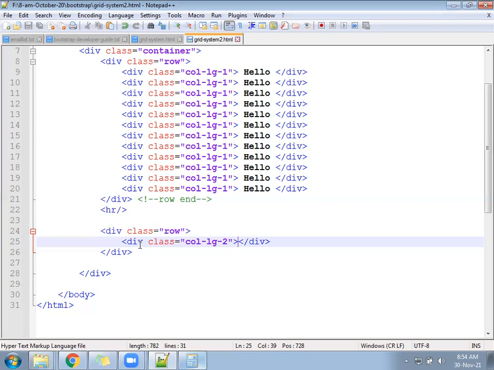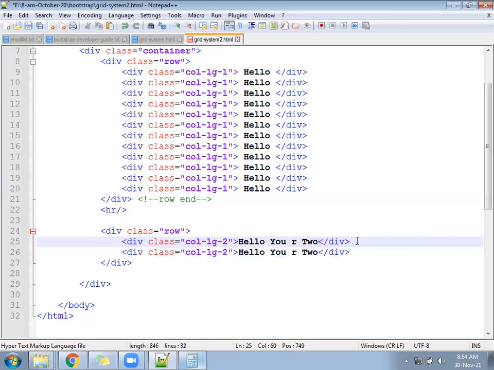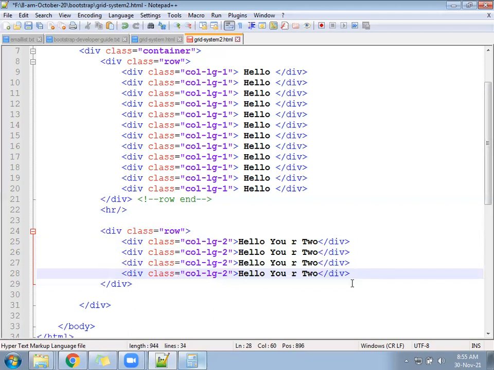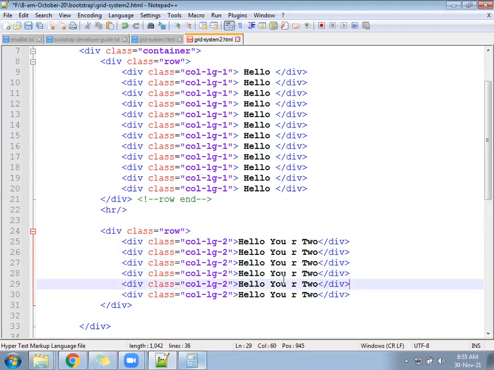So let's write col-lg-2. 2 plus 2 is 4, plus 2 is 6, plus 2 is 8, plus 2 is 10, plus 2 is 12. So how many columns will generate? 6 columns will generate. Check once. Are 6 columns coming or not?